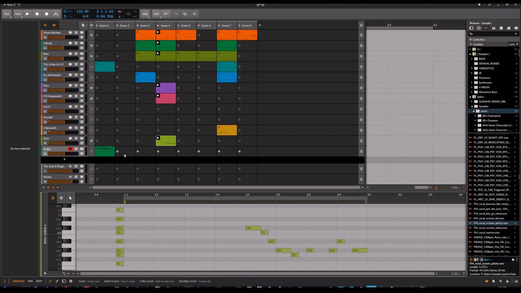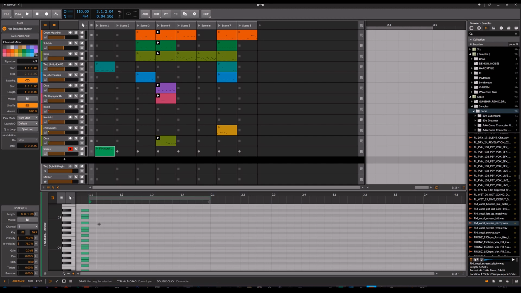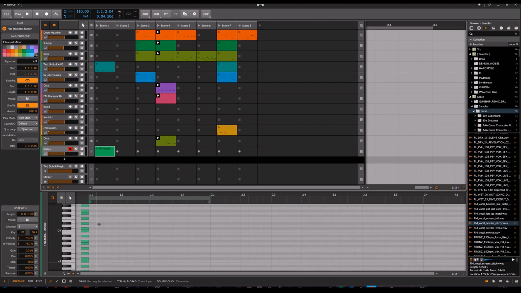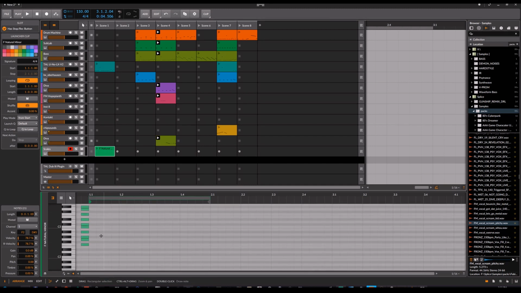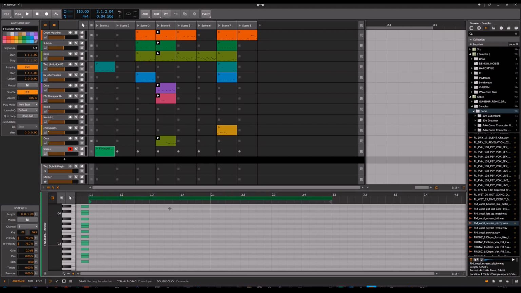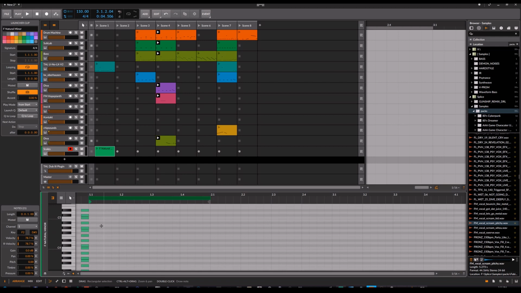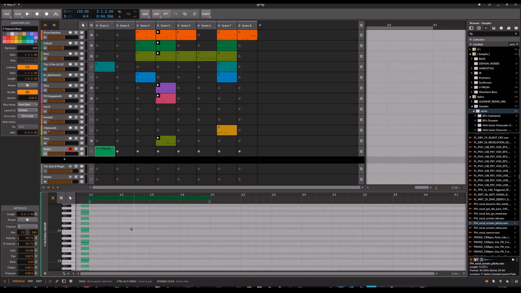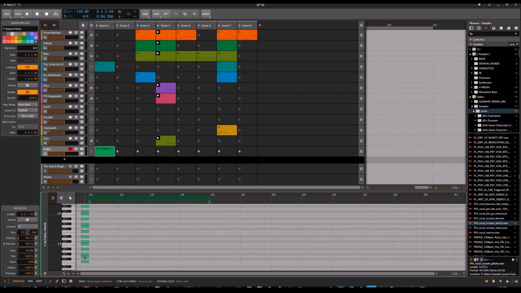But what I do is, as you can see, I have this one here set up already as an example. So I'll start a blank clip, and then I'll put in the notes that I want, and I'll put them outside of the clip region. So if I want this clip to be 2 bars long, I'll extend this, and now it's a 2-bar long clip. But that doesn't matter right now, because what I'm just doing is setting up a template basically to use in my other clips. So I have this set up that I'm going to use in the F natural minor scale, and